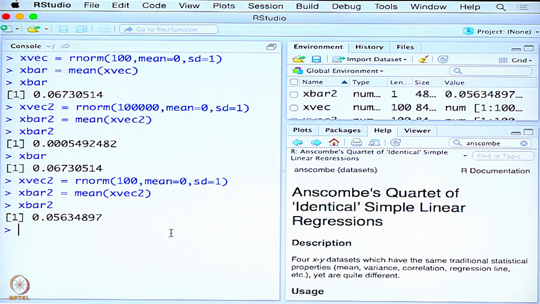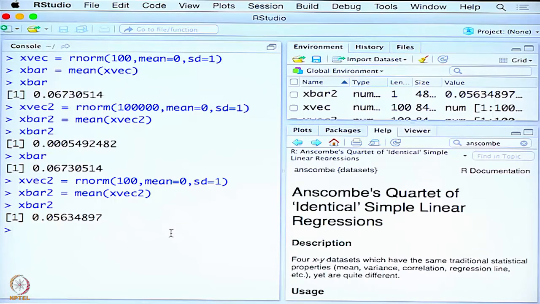So, we can actually write this recursive operation, put it in a for loop. In each iteration of the for loop, we generate data, compute x bar and store the x bar from each such operation, and then plot a histogram. This is the sequence of steps we can do, but that sounds a lot laborious.